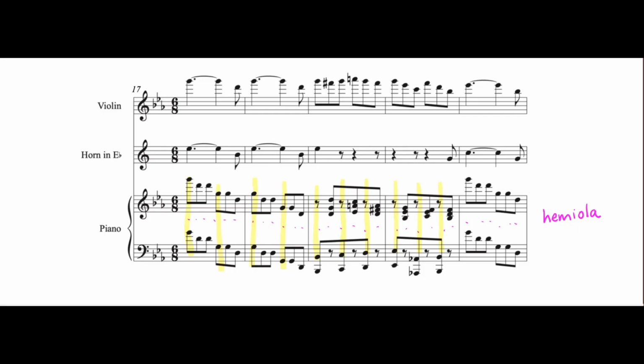Did you hear that? It went 1, 2, 3, 4, 5, 6, 1, 2, 3, 4, 5, 6, repeating. So go ahead and go back on the website and just keep listening to the example